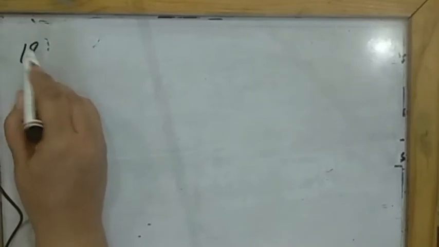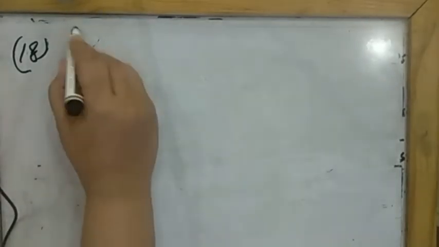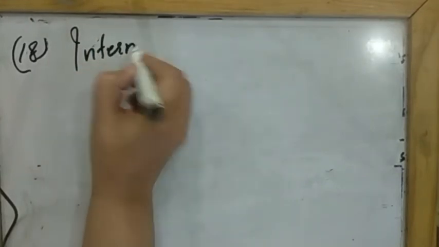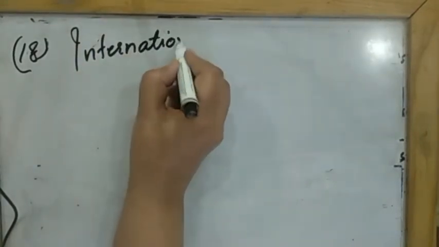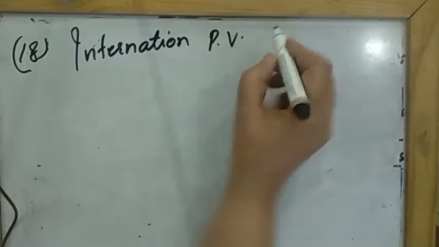The 18th question says they have given you some numbers and they are asking you to rewrite each of the following numerals with proper commas. You have to put the commas using the international place value chart. So now come the questions on the international place value system. If you remember, you have done this in your